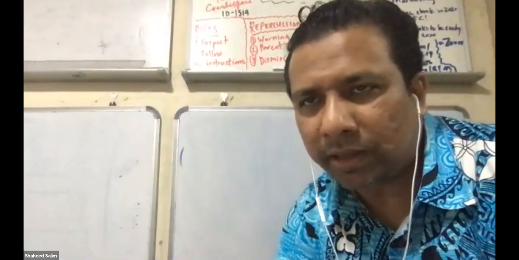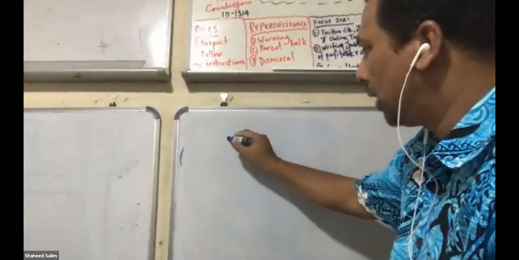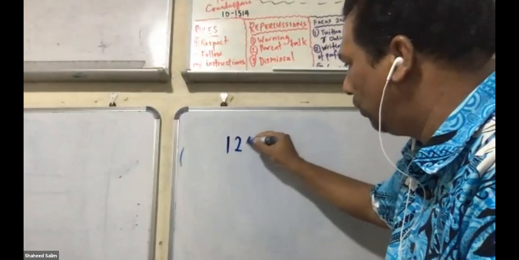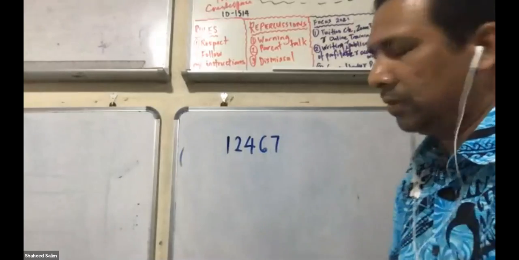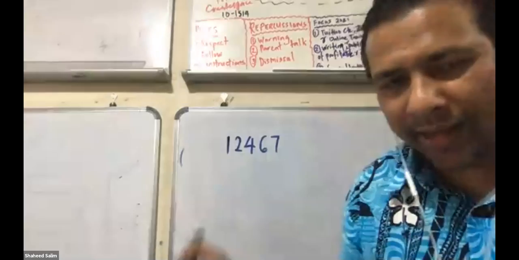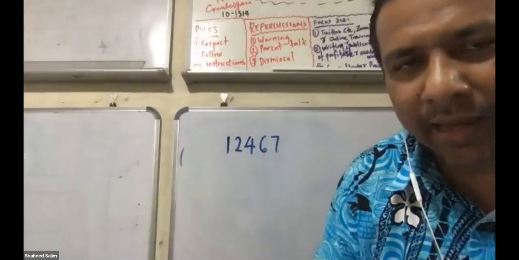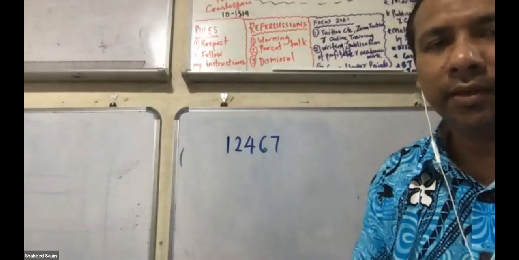One more person is coming in. 2 persons coming in. Okay, let's see now. You write down this number: 1, 2, 4, 6, 7. Can you write it down, please? Do you write on the page where we did the exam paper or the other one? You can do it in any exercise book. This is for you to refer to next time.